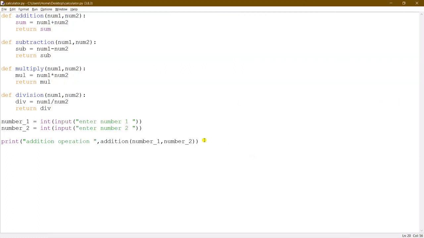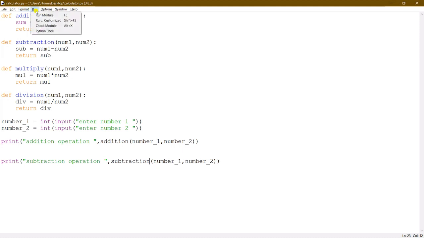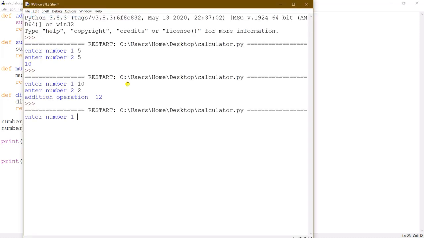Likewise, we can perform subtraction operation. So I'm copying this code and I'm pasting here. So I'm printing subtraction operation, and here I'm calling subtraction function. So let me run the script. Now suppose the user is entering 7 and 2,